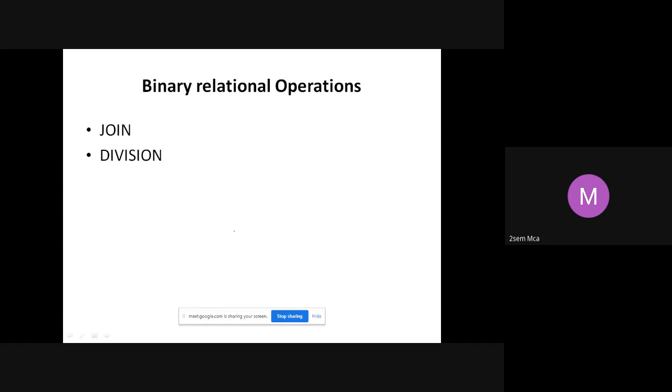So we have seen that, for example, if I again take the same example, student borrows books. Two different entities you are trying to relate using the relationship called borrows. Now, if you want to convert it into a table, obviously there should be some attribute which is common to student as well as book. Let us say it could be USN or it could be book ID. So you are trying to relate. That is where your join comes in.